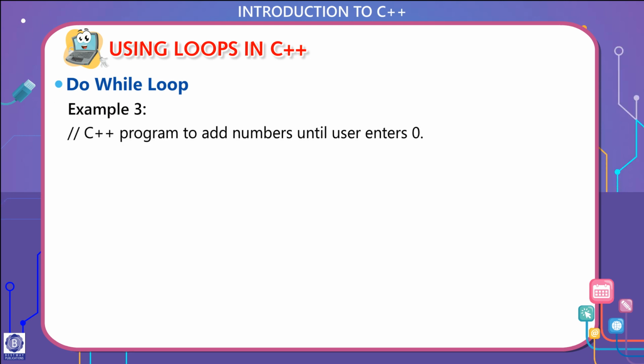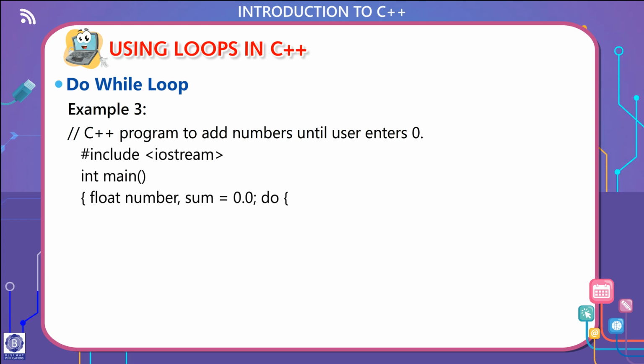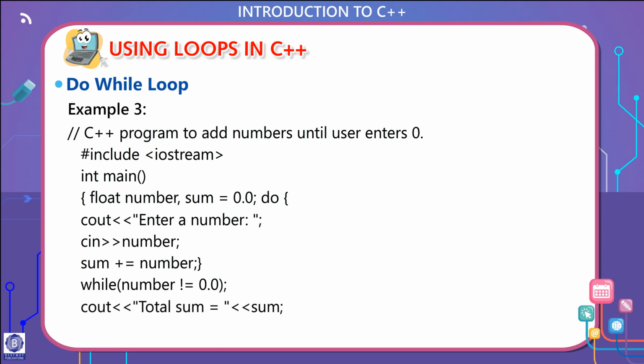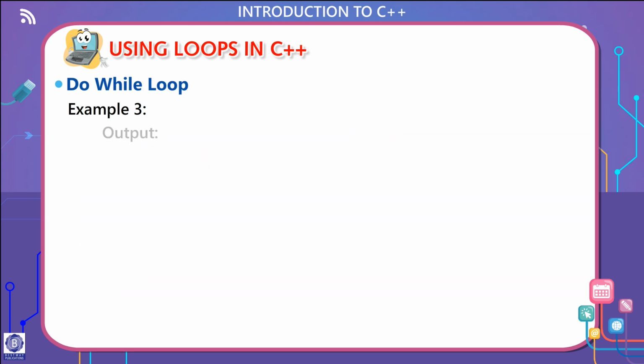Example 3. C++ program to add numbers until the user enters 0. #include <iostream> int main() { float number, sum = 0.0; do { cout << "Enter a number: "; cin >> number; sum += number; } while (number != 0.0); cout << "Total sum = " << sum; return 0; }